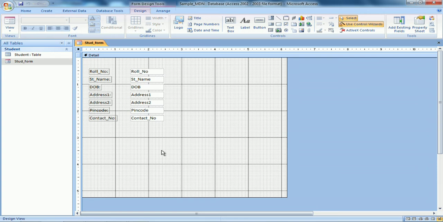Buttons means which will act as navigation buttons and some operations buttons. Record operations. How do I do that? I will use this button called button.